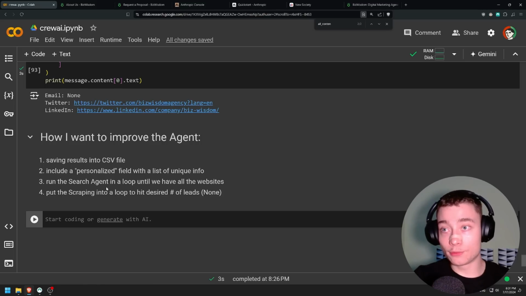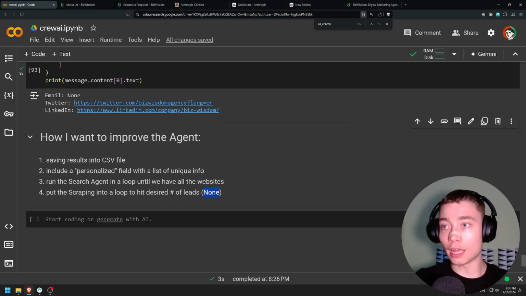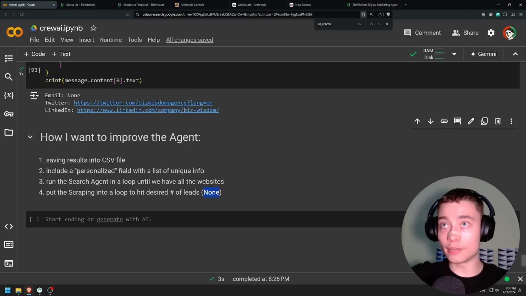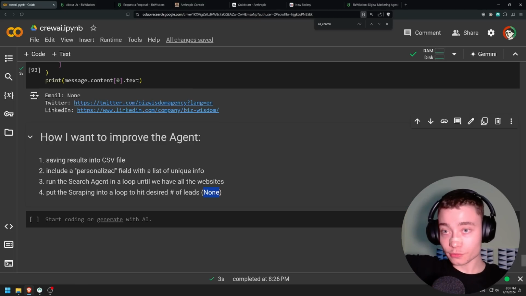If the website doesn't have the contact info, you don't want that to be counted towards the 200. So what I would do ideally is to put the scraping into a loop until we hit the desired number of leads. So it would keep scraping, and then maybe have a function, a tool inside of CrewAI where it can call back